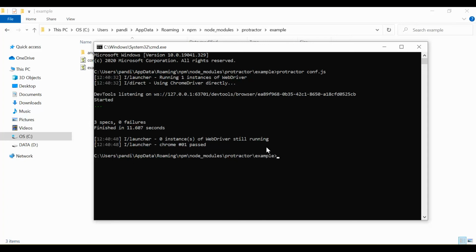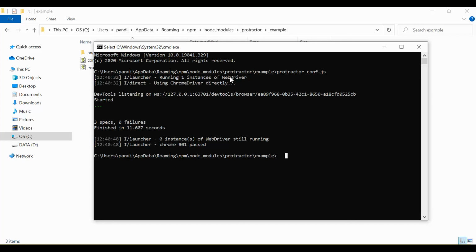As you can see here, 3 specs means 3 IT blocks executed from the sample test case, and 3 dots means the test cases have passed. It has used one Chrome driver, so it did not open 3 Chrome drivers. It executed the 3 test cases and 3 IT blocks one by one. So this is how you can run your Protractor test case using the command prompt.